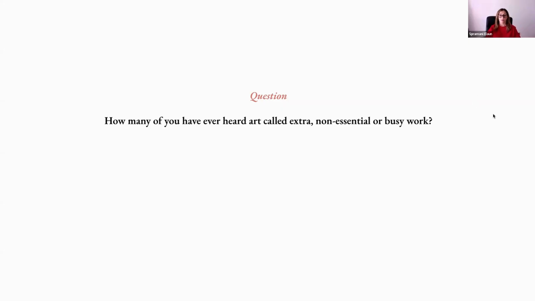Which I hear all the time. A lot of teachers will tell me their frustration with students that are spending too much time in art making and on the shelves, and they feel like it's just busy work and it's not really important work. And when you look at your classroom, is art serving development or filling time?